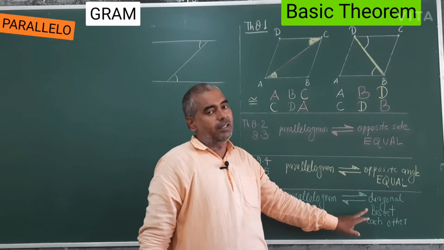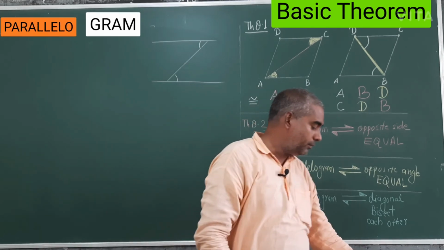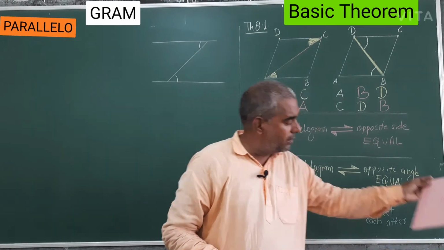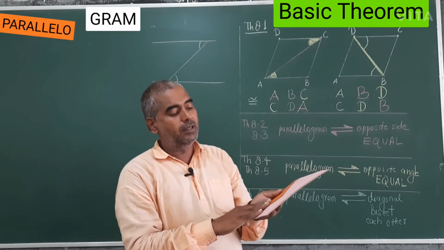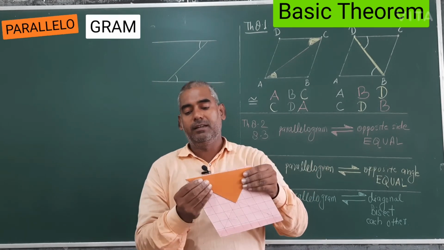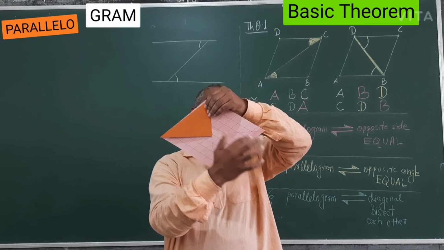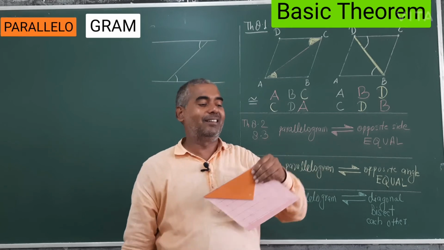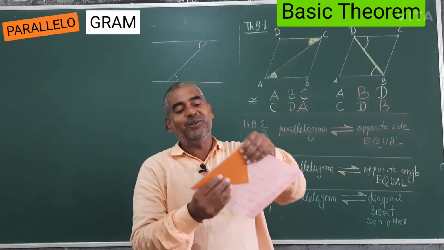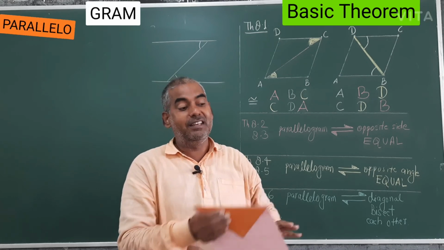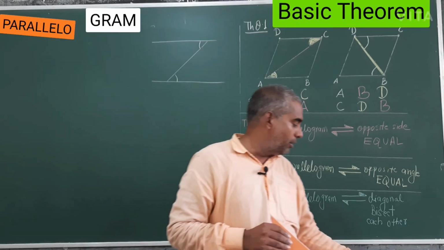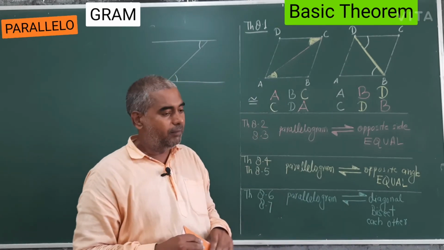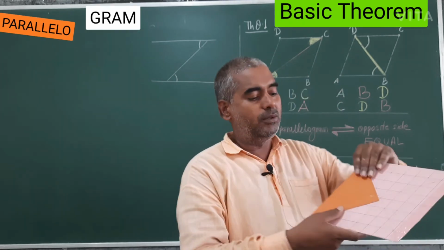Diagonals bisect each other. Yes, this is somewhat new. Bisect means half. So for it I have made this figure, because this was the rhombus. You know, the diagonals of a rhombus bisect each other at right angle. But I'm not talking about the rhombus right now. That will be a question in your book, I think theorem question number 4 or 5. Later I will tell you about the rhombus. We are talking here only about the parallelogram.